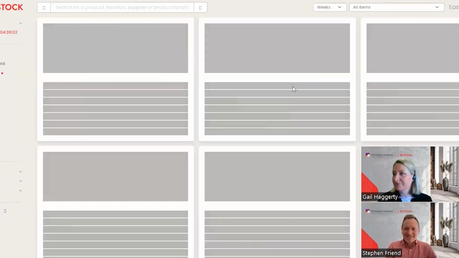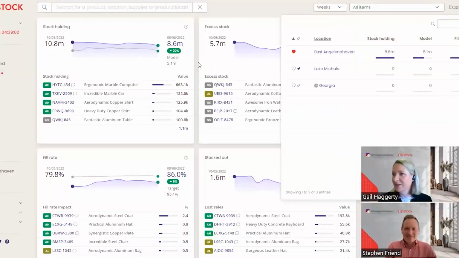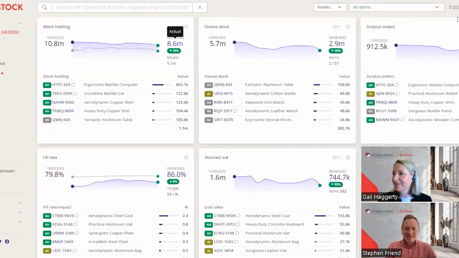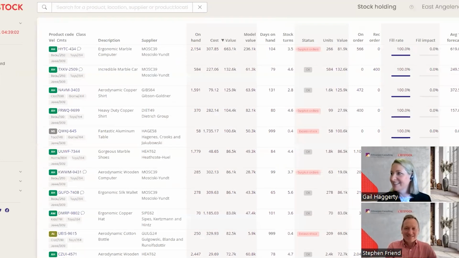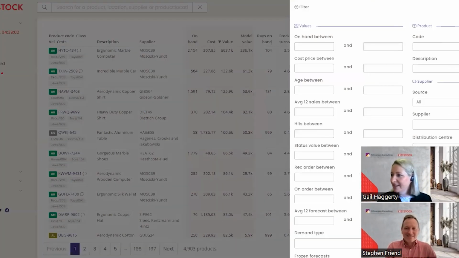Let me hope that I have an updated demo instance. So we've got the ability to see supersessions in the filters. So if you are looking for items that are superseded, we can do that. So items in a supersession, let's see what I've got here.